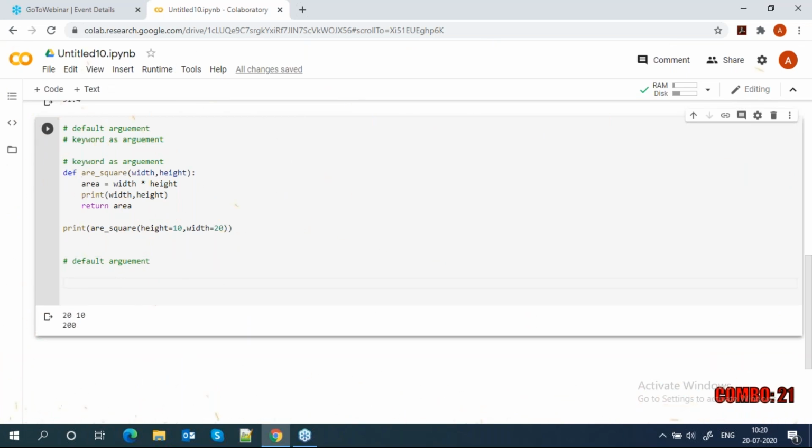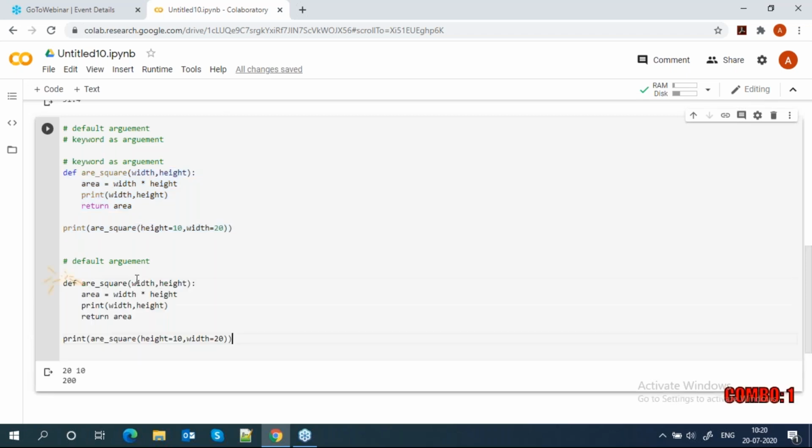Same example, we will take this example only, but slightly different. As I told you, while calling the function we need to pass the same number of arguments, like two arguments. So here I define the height at the beginning.